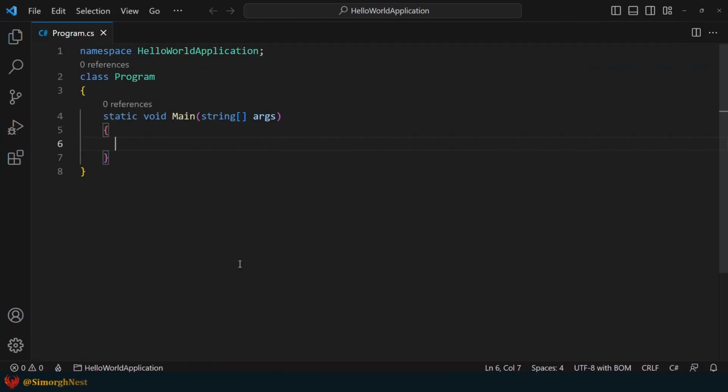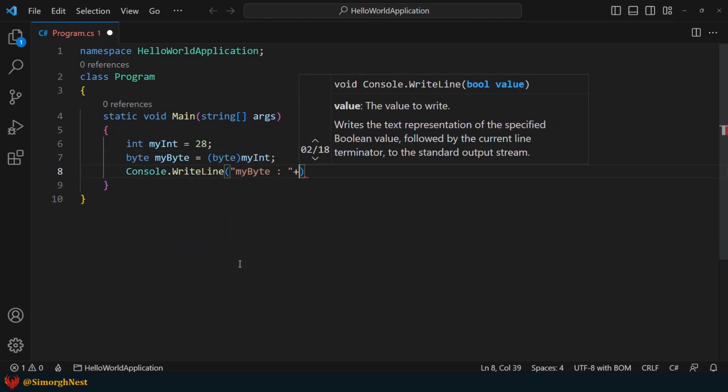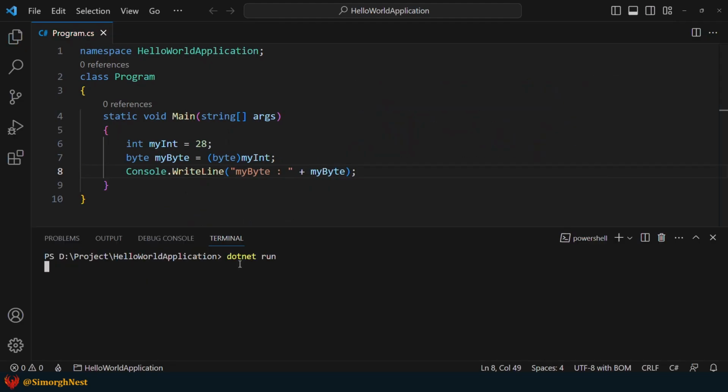Alright, now let's dive into VS Code and show you some examples. Okay, let's say int myInt equals 28, and in the next line we go for byte myByte equals parentheses, inside them byte, and finally myInt. Now let's display it in the terminal. As you can see, since the value of myInt is inside the range of a byte, the result of the explicit cast is correct.